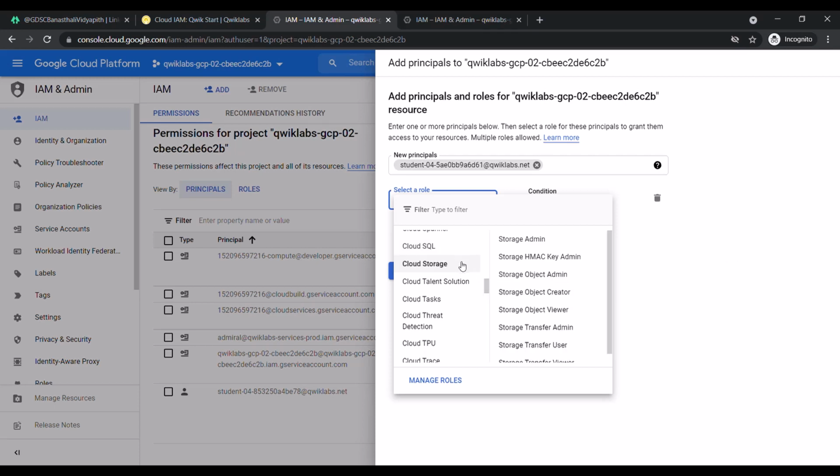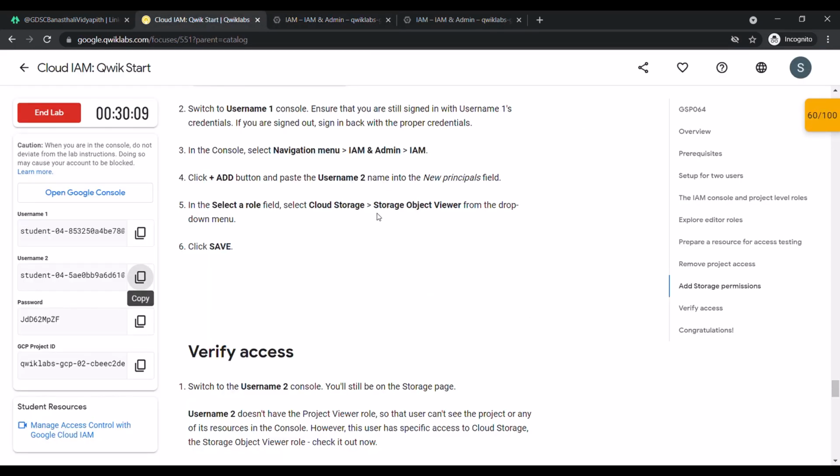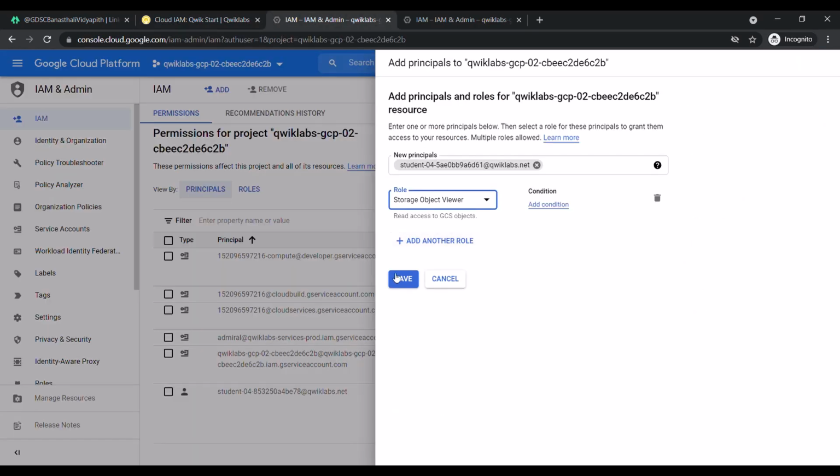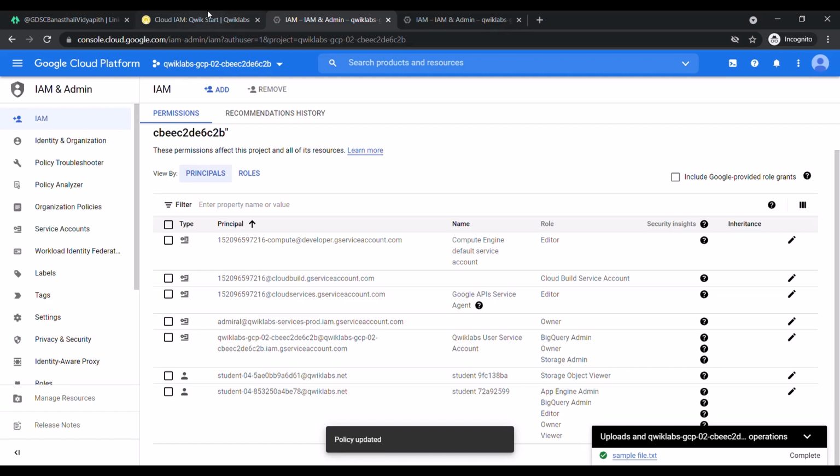So in Cloud Storage we have Storage Object Viewer. We have selected Storage Object Viewer from the drop-down menu, and now we'll click on save. As you can see, the viewer permission has been changed to Storage Object Viewer.